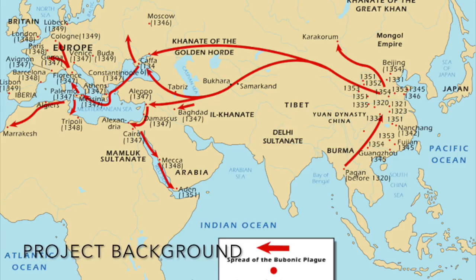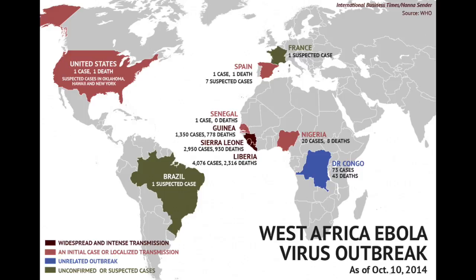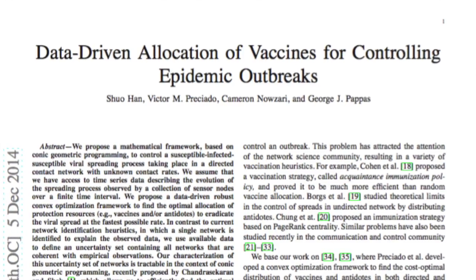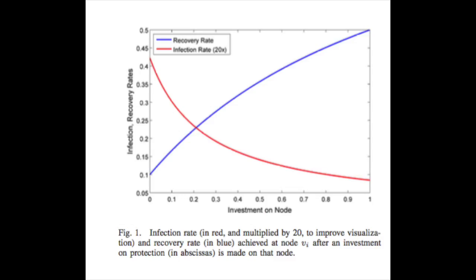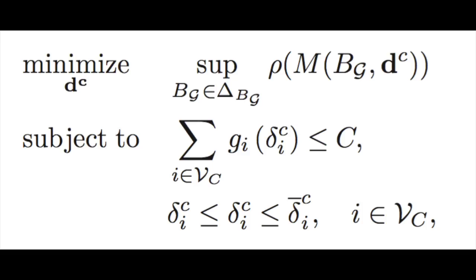For our senior design project, we chose to examine the problem of resource distribution to counter the spread of epidemics. Our project aims to build off of previous research to apply a model for cost-optimal distribution of resources throughout a networked population given a fixed budget to best constrain the spread of disease. Our team has implemented a conic geometric program to control susceptible viral spreading process taking place in a directed network